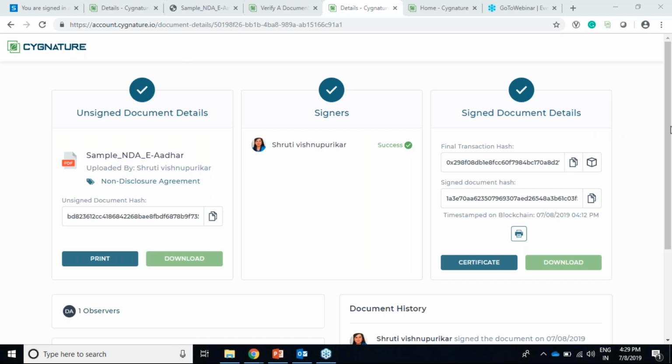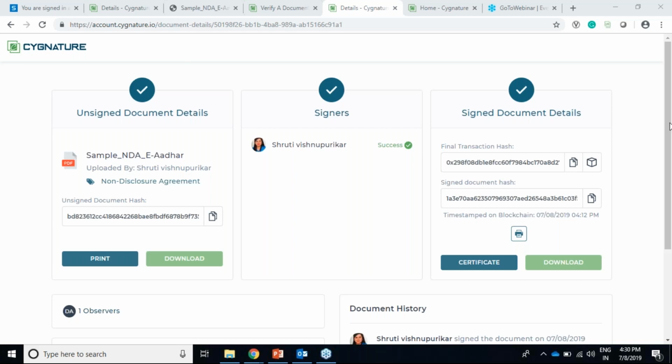Yes, one more question which has come up is: what about API integration? Yes, we do have API integration. We have API documents, and we will also do an API demo in a couple of days or maybe a week, for API users only. As and when you need it, it will be available for you with the API document and the API demo also.